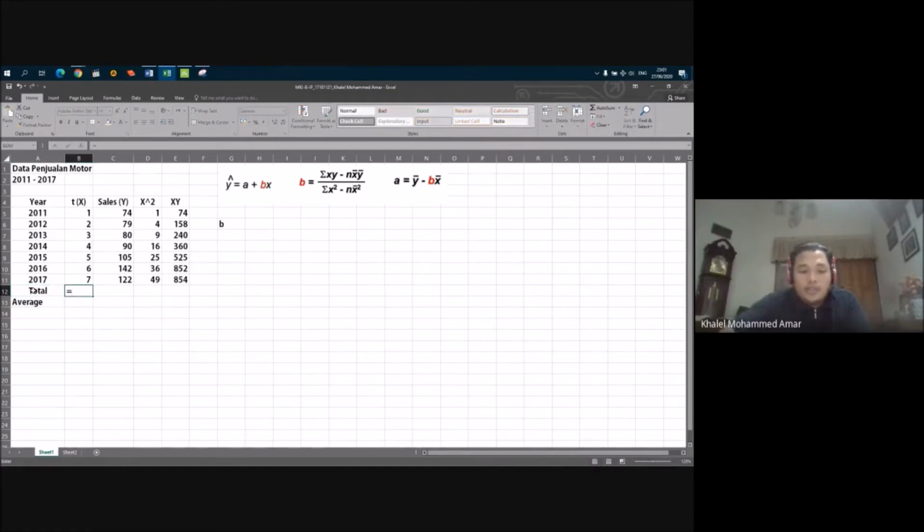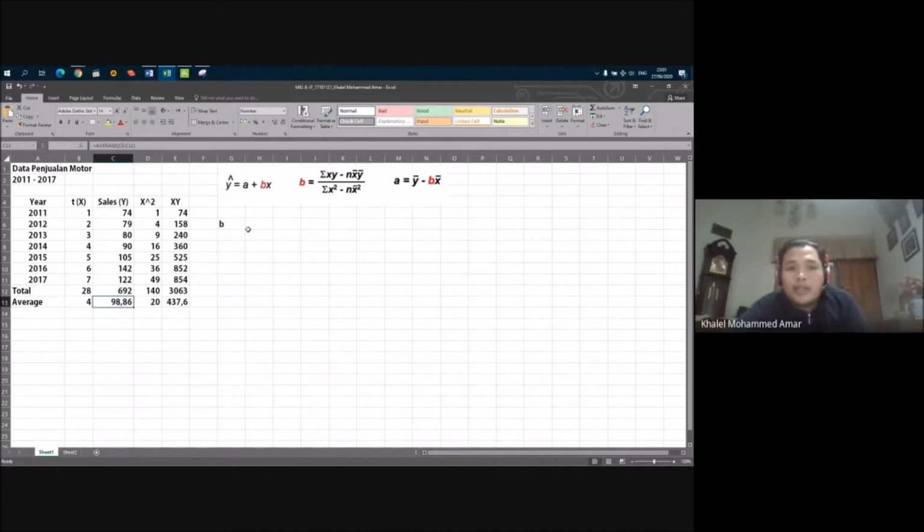The formula for total is sum in Excel, and then we just drag it to the right. And for average is average. Okay, we'll just drag it to the right. So we got this data. We just have to tidy it up.